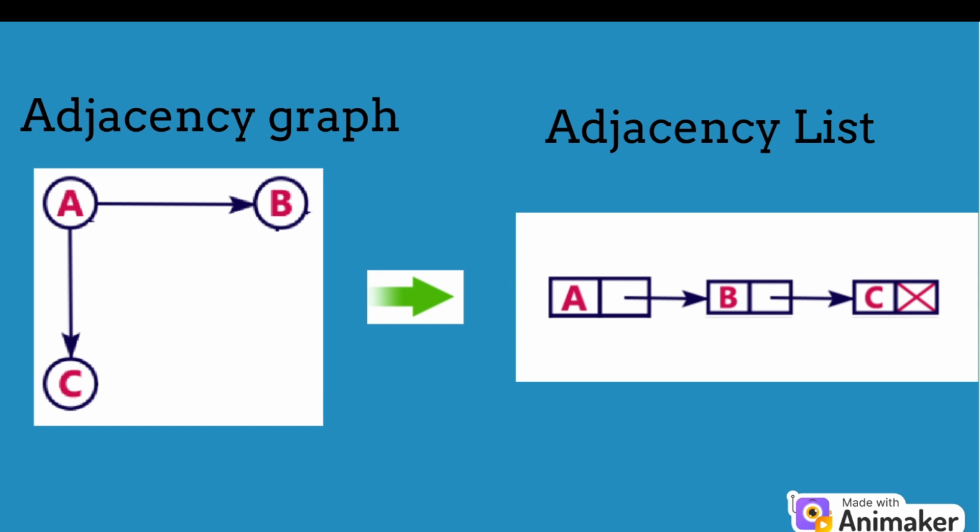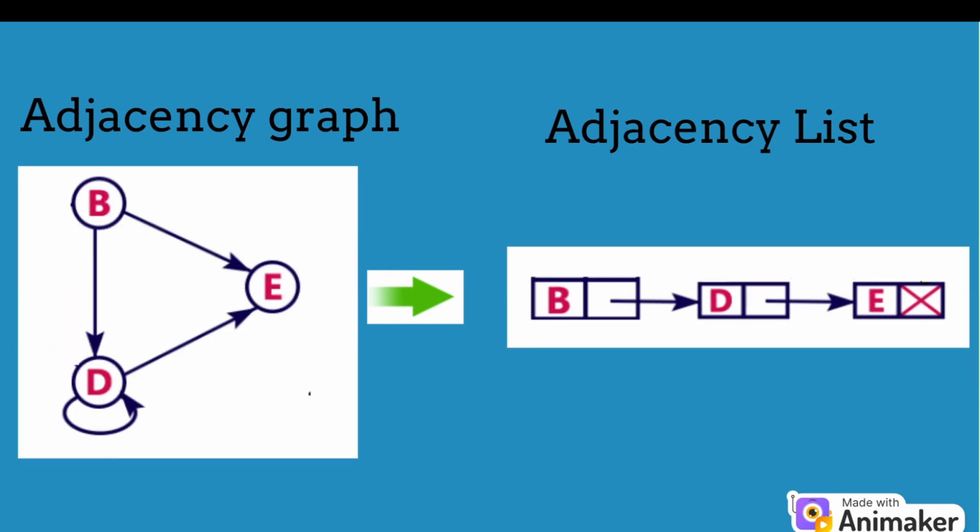Here let's see how adjacency graph is converted into adjacency list. In the adjacency graph, node A is connected to node B as well as node C. Whereas in the adjacency list, node A contains two blocks. One block contains node A and the other block contains address of the next node B. And B node contains two blocks. One block contains node B and the other block contains address of the next block C. And C contains two blocks. One block contains node C and the other block is null, which is empty because there is no node after